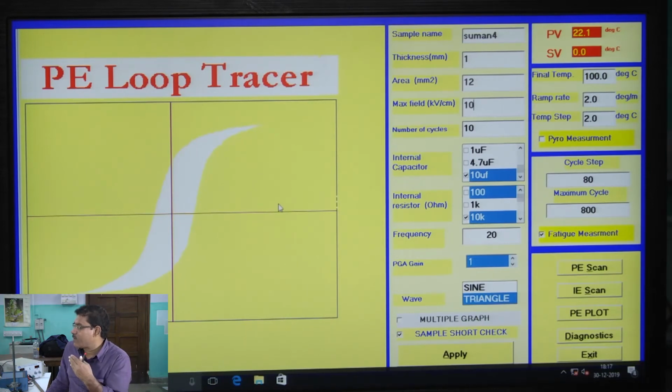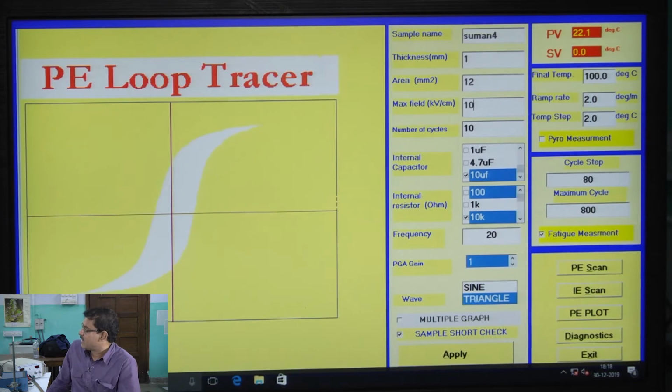At present, what I want to know is how to plot the PE loop of a ferroelectric material. Instead of manual reading, the computer is doing our job very fast.